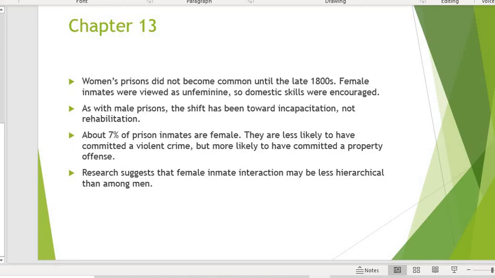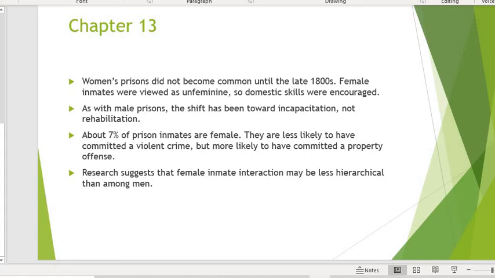So that was definitely a difference between male and female inmates traditionally, and the kind of things that they did and were trained on while they were incarcerated. As with male prisons, the shift has been towards incapacitation, not rehabilitation. So for both males and females, the past few decades have been kind of a get-tough period, sort of